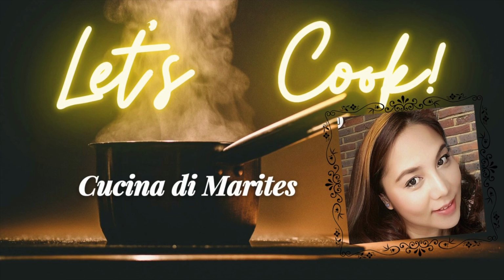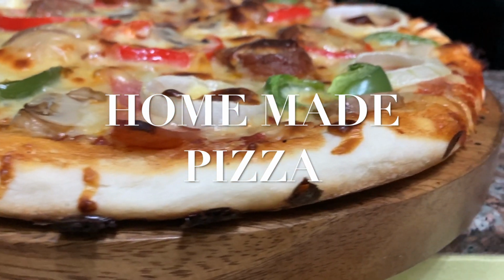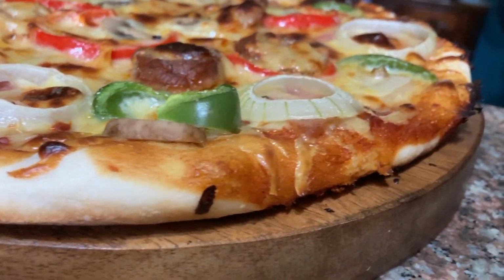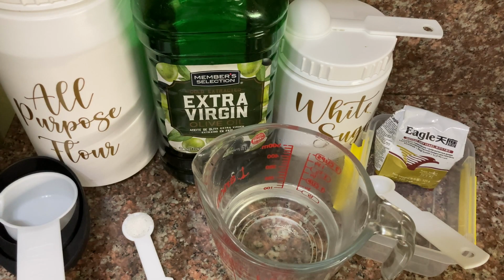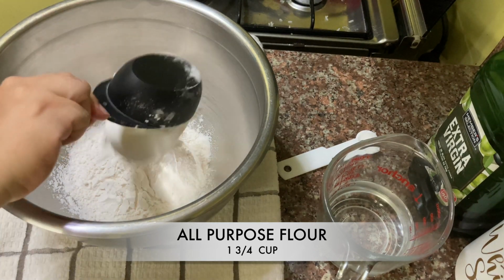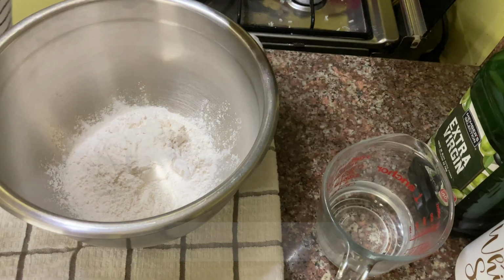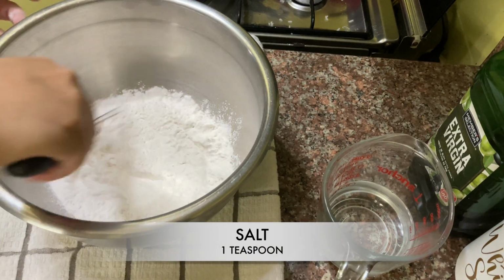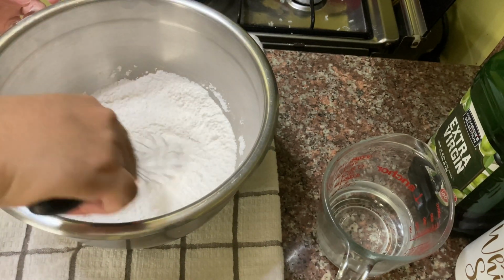Let's cook and let's make a homemade pizza. At first, we'll make the pizza dough. Here are the ingredients: all-purpose flour, extra virgin olive oil or any virgin oil, white sugar, dried yeast, warm water and salt. We need 1 3/4 cup of all-purpose flour and 1 teaspoon of salt, and mix it all together